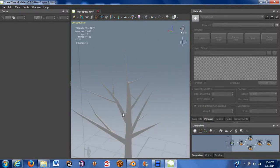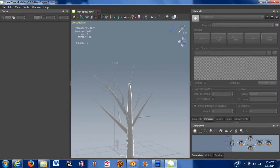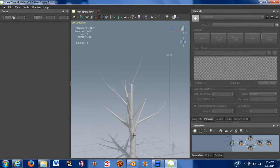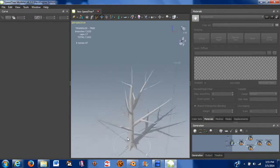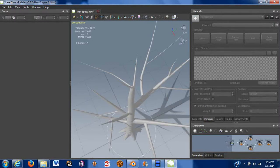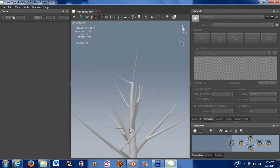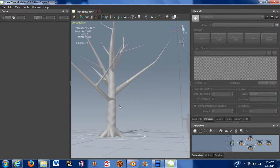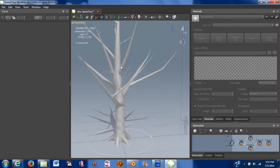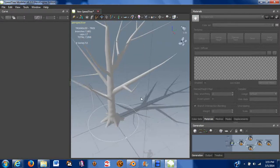So I'm going to try and make this quick, which, I mean, it's SpeedTree, so it shouldn't take too long. I'm going to go on a little farther with that one. Yeah, that'll work. Yep, I like the direction of that one. I can drop down. We can put out a small branch like that. It's going down. I don't want it to go down. I want it to go up. Let's go that way. Yay, went the right way. All right, so anyway,